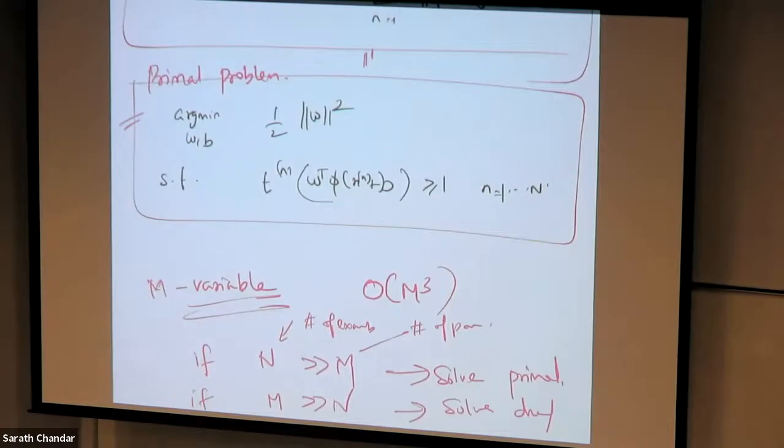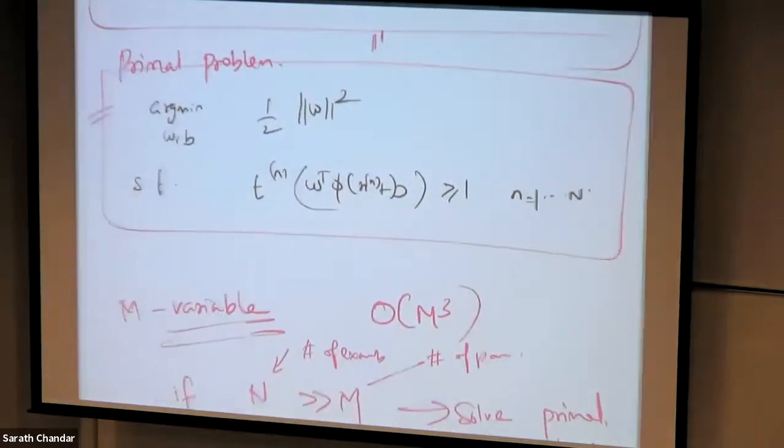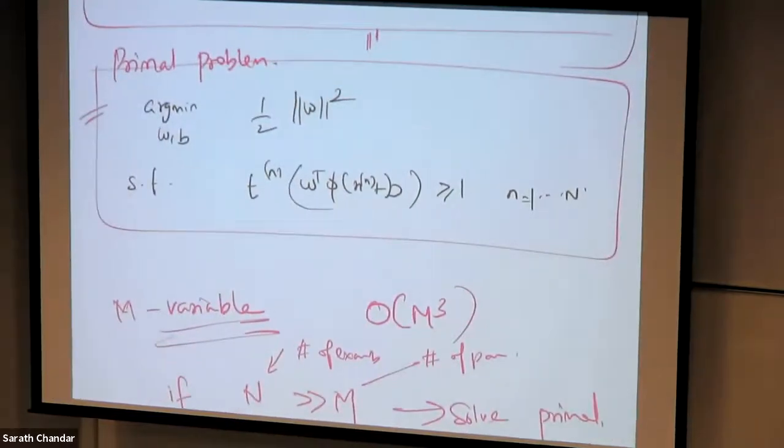So with solving the primal problem, the next steps are easy, right? You have W and B, so you can just make predictions. But what about the dual problem? You solve the dual problem and you get A. So how do you compute W and B from A? It so happens that it is actually very easy because we have all the things necessary.